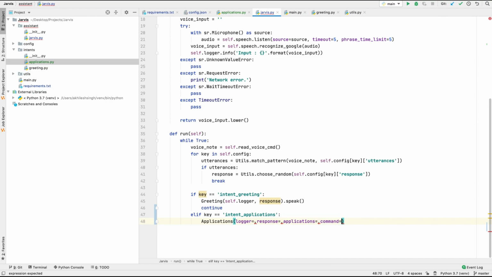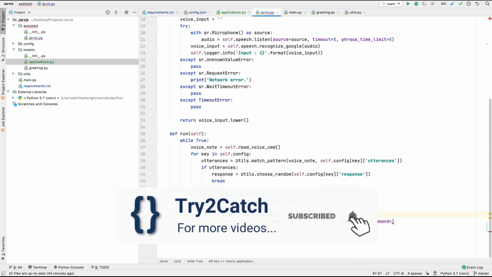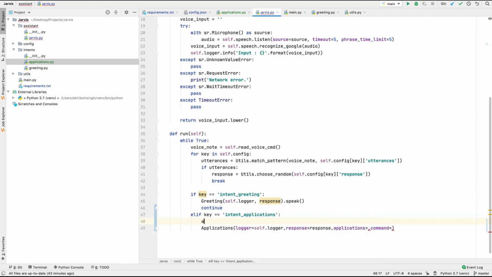So for the logger, I'm just giving self.logger, and in the response we will pass the response. And in application, yes, we need the applications data. So for that, I'm going to create this variable applications, and from self.config, from the key of intent application, we will have the applications.